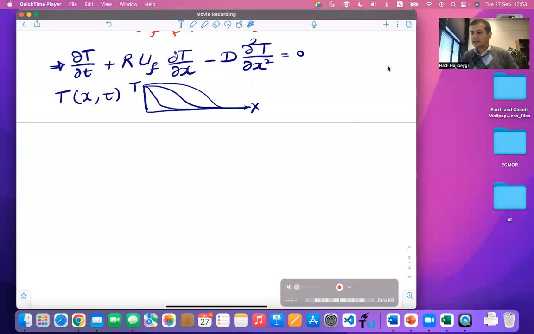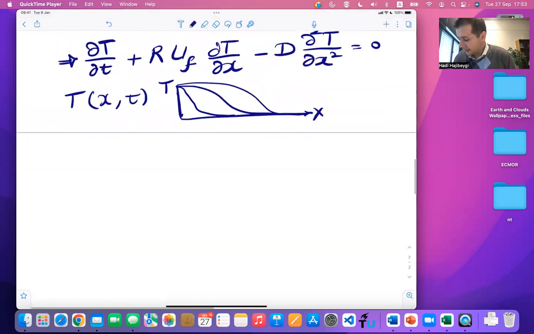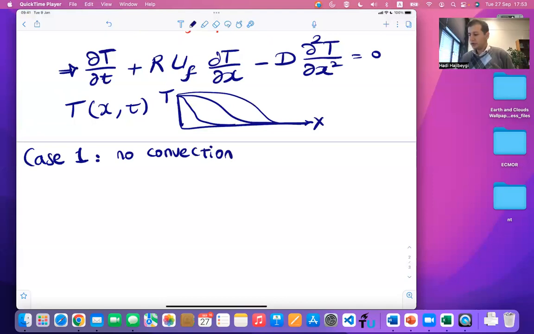Okay, so now let's do the final part. I have a convective conductive energy balance equation for a 1D porous sample here in front of you. Now let me consider a few cases. Case one will be the situation where I have no convection taking place. No convection. Therefore, the second term here will go away.